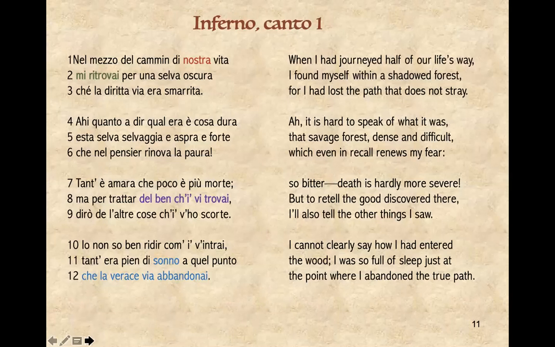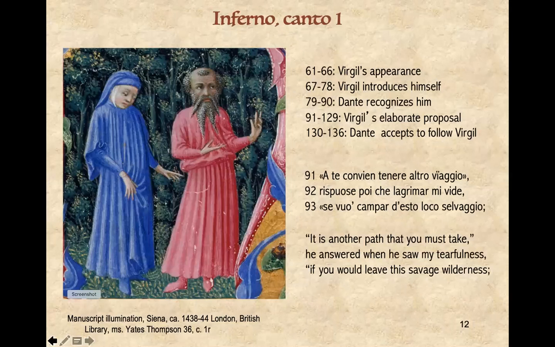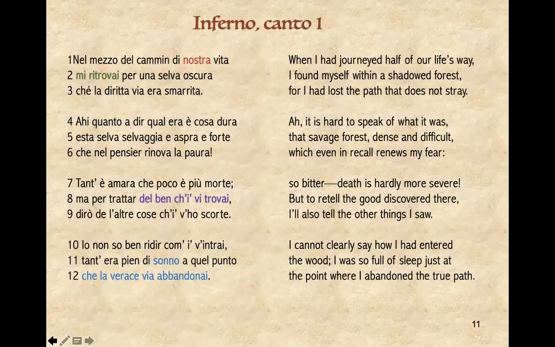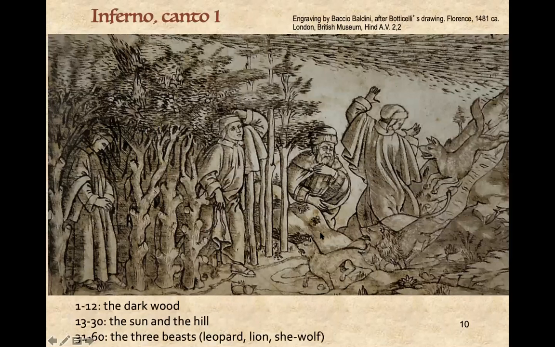And these 3 wild beasts are preventing him from moving forward, okay, as we can see here. And at the moment when he feels that he will never be able to reach what he would like to reach, which is the top of a hill, because of the 3 wild beasts that prevent him from moving forward in his path,